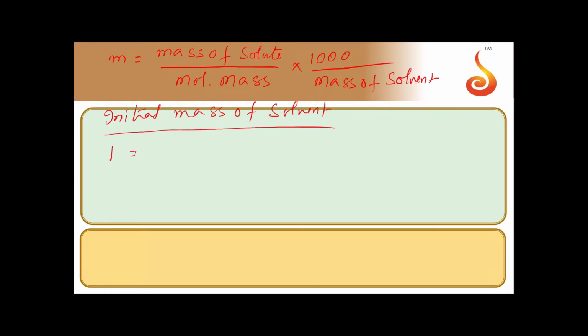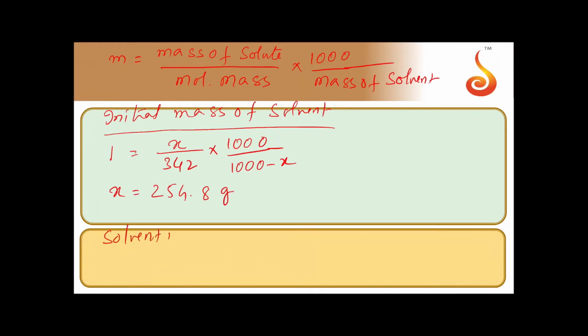Okay. Now 1 molar solution, solute is x grams here, and it is x by 342 for sucrose into 1000 by 1000 minus x now. Because total mass of solution is 1000 grams. So 1000 minus x will be solvent mass for us now. So simplifying this, you get the value of x, the mass of solute, as 254.8 grams.